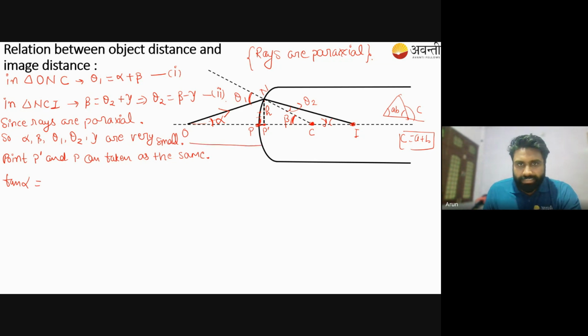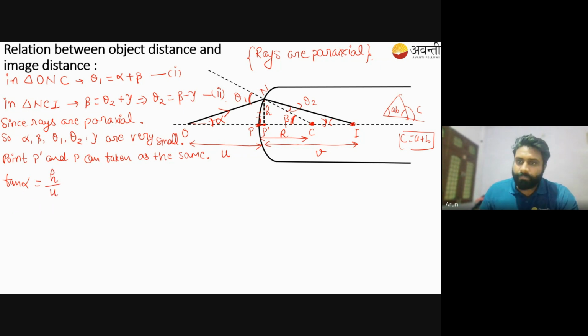This is the object distance from the pole, which is considered as U. And from the pole, the distance of the image would be considered as V. And from the pole, the center of curvature is at a distance of the radius of curvature. Okay? So tan alpha here is H over